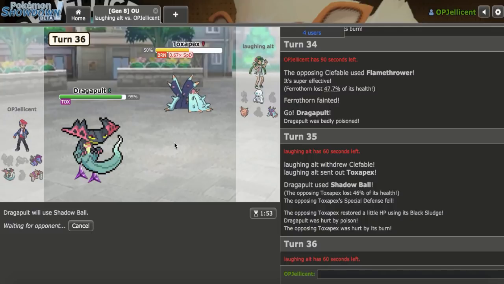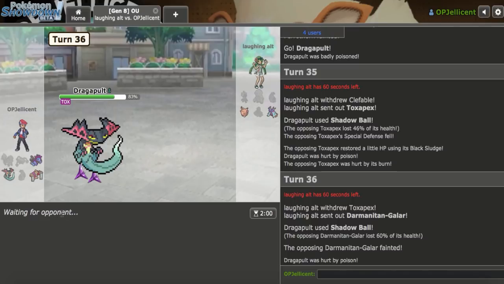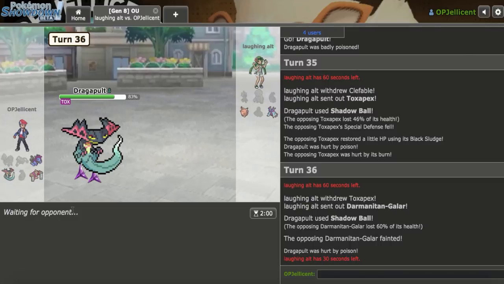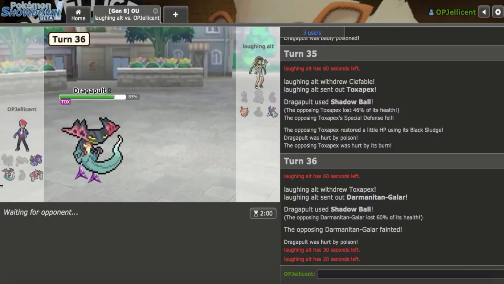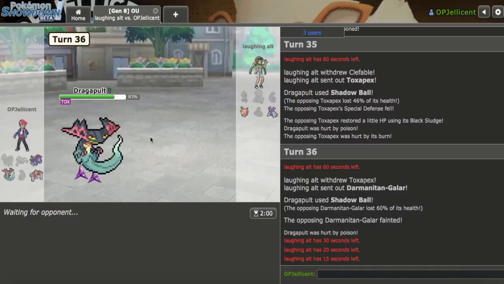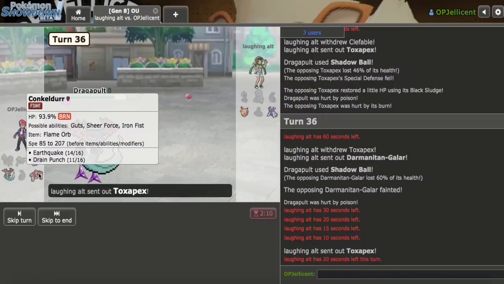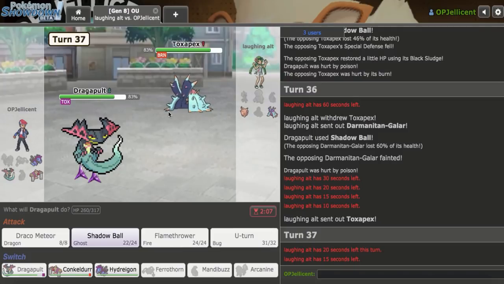Let's see, though. So I obviously Shadow Ball again. They sack the Darm to get back Pex, right? So I think what I do is, if they go Pex here, the play is obviously just sack my Hydreigon, or I just Dark Pulse spam it and then go Dragapult, I think. No, I would just get in Conk, no matter what. I think I sack Hydreigon, then go to Conk. I don't know why I would say get in Dragapult, because I'm in with Dragapult right now. That was like the dumbest thing ever, but...